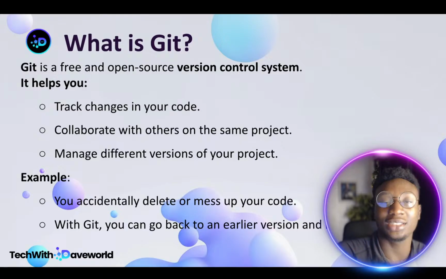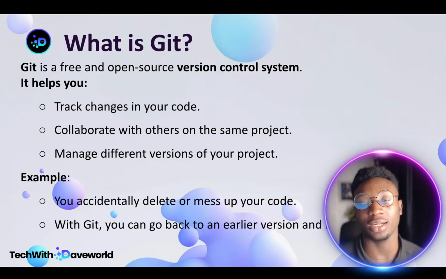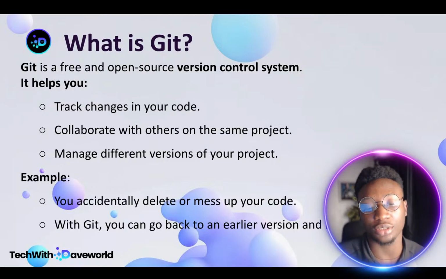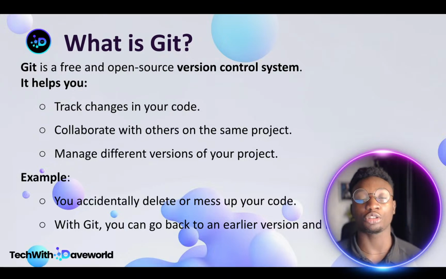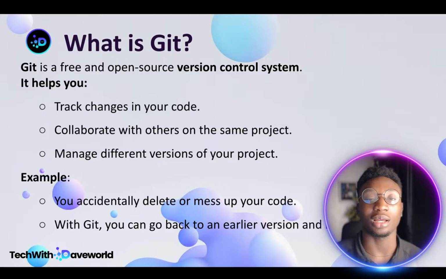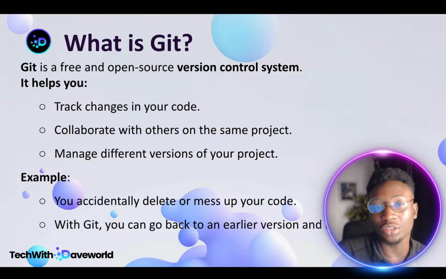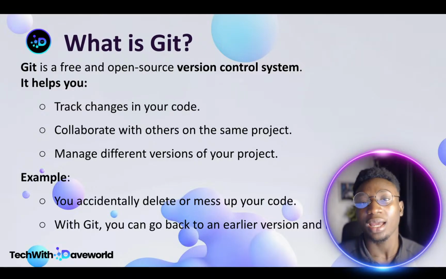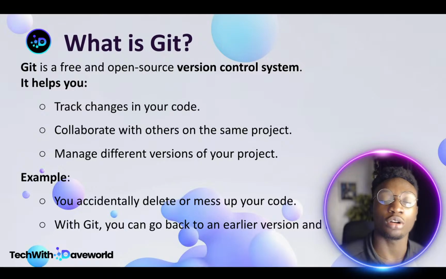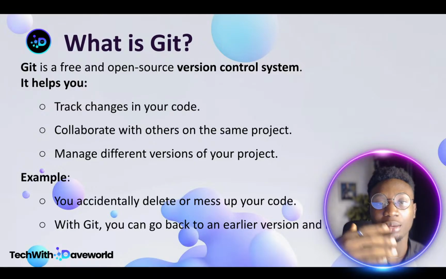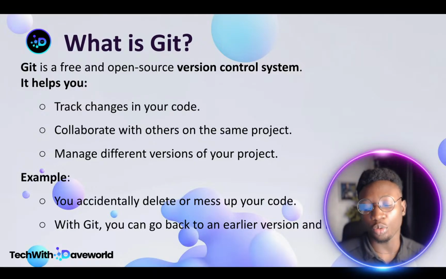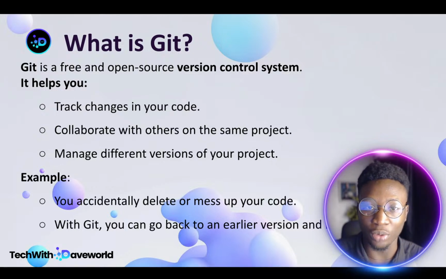Basically, it tracks the changes in your code. So let's say, for example, you started writing a Python code to add two numbers together, right? So you write a code to add two numbers together today. And let's say tomorrow, for some reason, you change that file to subtracting two numbers. So if you want to go back to what you did yesterday, you might have pressed Control S, you might have closed your system and all of that. When you shut down your system and you turn it back on, you can't undo those changes because you shut down your system already. Those processes are no more saved again, right? So Git comes in handy that way. So what it does is,